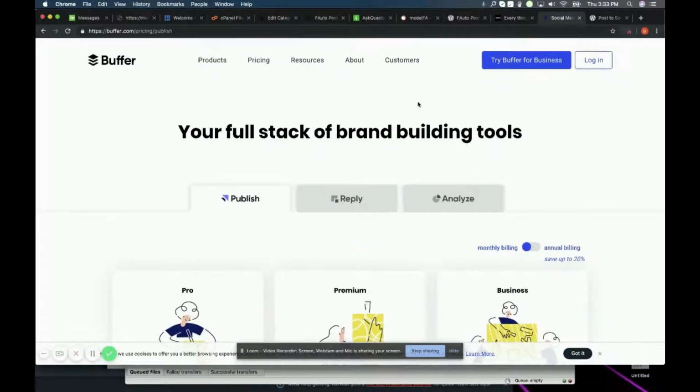This also auto posts your blogs to your Facebook. You would just have to sign up for an account and then download the plugin that they give you into your WordPress and enable the API. So those are 3 different ways you can auto post your blog posts to Facebook, and I hope that helps